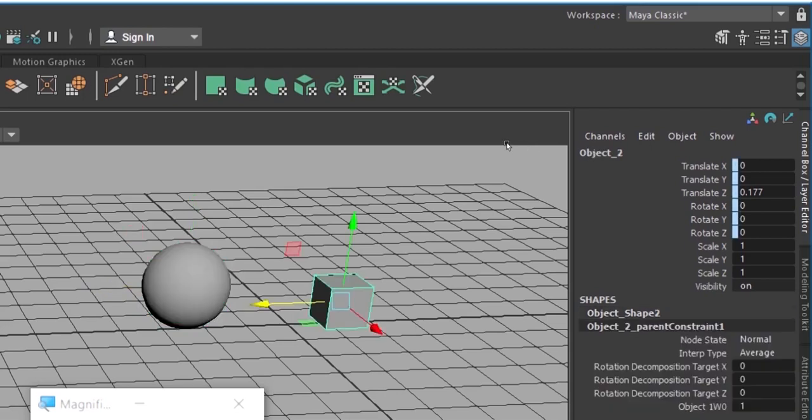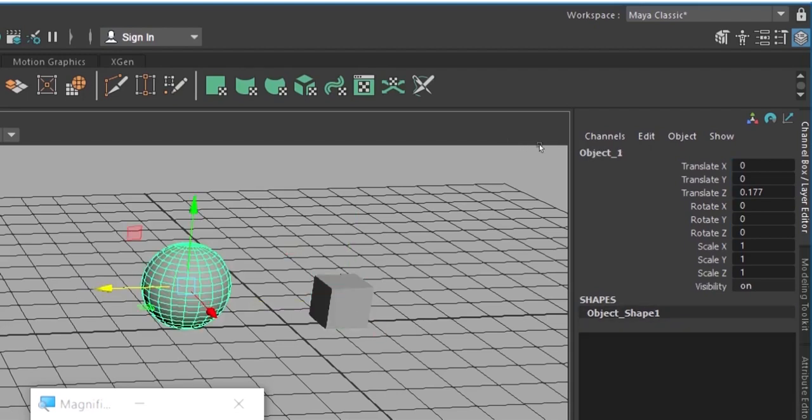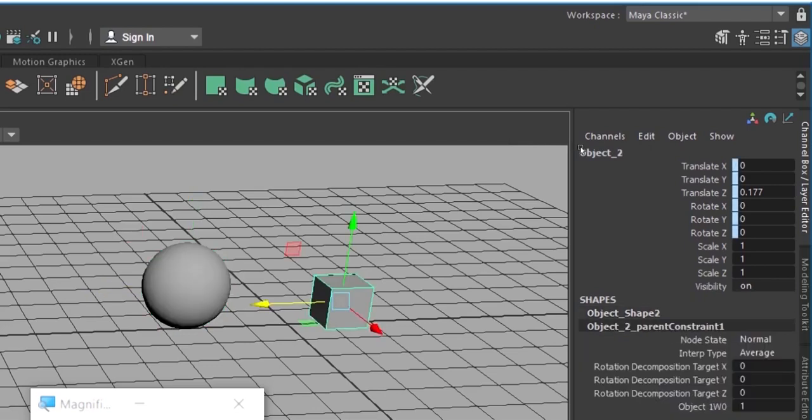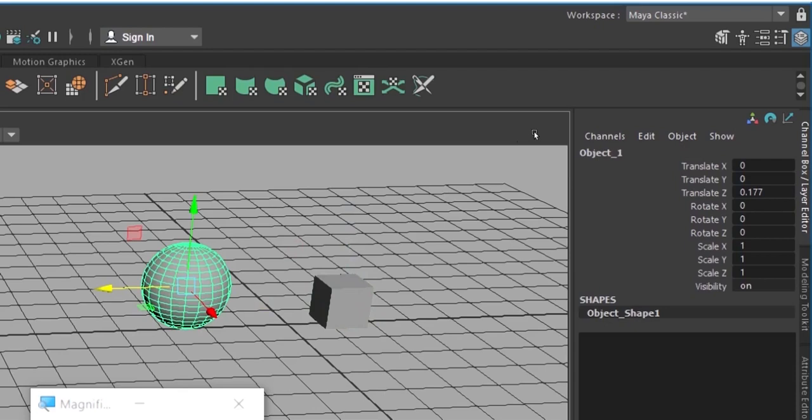So this is one very important aspect which we need to keep in mind, because when we are doing rigging, when we are rigging a human body or a bone and skin setup, a bone should be inside the body. Okay, consider this is the bone and this is the skin.